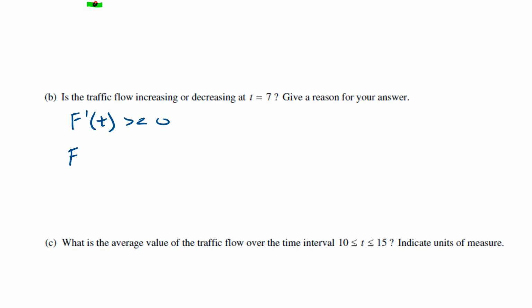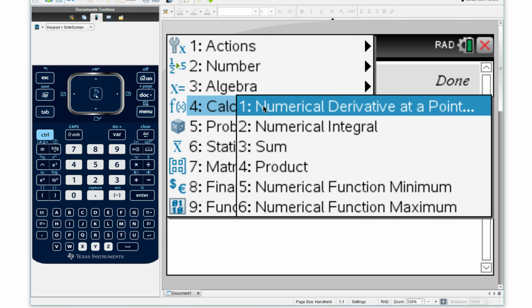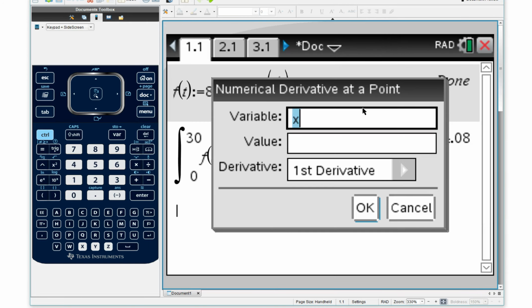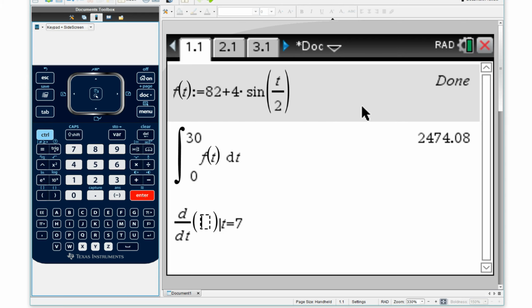So basically all I need to do is evaluate f prime of 7, and again I'm going to use my calculator. I already have the function put in there, so I'm going to do menu, calculus, numerical derivative. We can make the variable whatever we want. I'm going to call it t. The value is 7. We're going to hit OK, and it's going to be